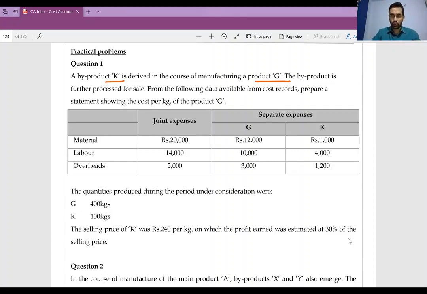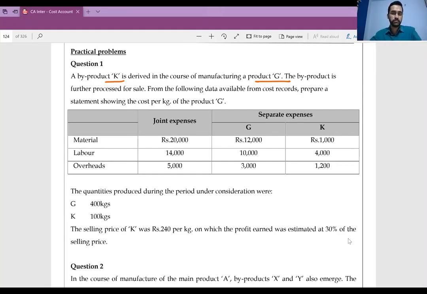But in reality, you should know, two products for which effort is incurred equally, money is spent, resources are utilized equally, are called joint products. But in the course of making joint products, if byproducts emerge, then that byproduct may or may not have high commercial value. It may not be as important as the main product. So when I say two joint products, then there are two joint products. But when I say two products, in that one is main product, another is byproduct, then understand one has more importance compared to the other.